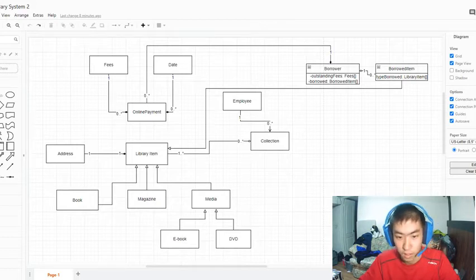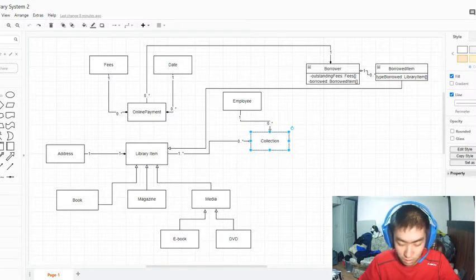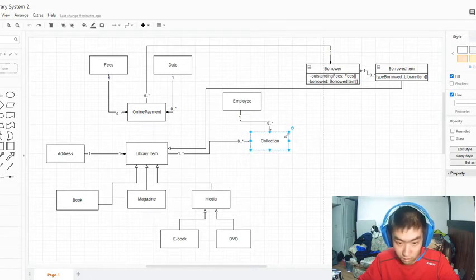Now we move on to collection over here. Collection has to be curated by an employee. An employee is not a collection, does not need a collection to exist, and does not have a collection. An employee is therefore associated with a collection, and of course you can have one employee do infinite numbers